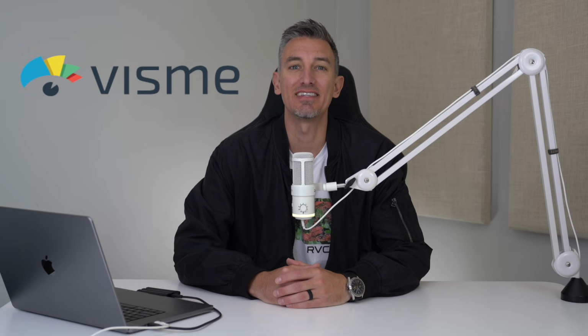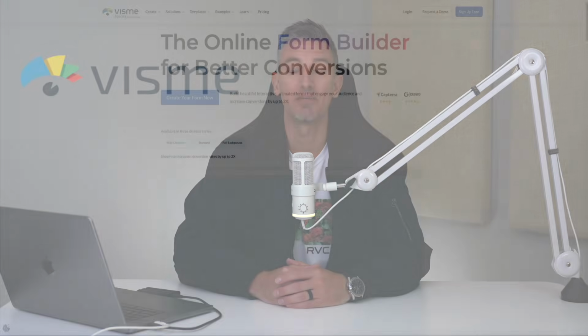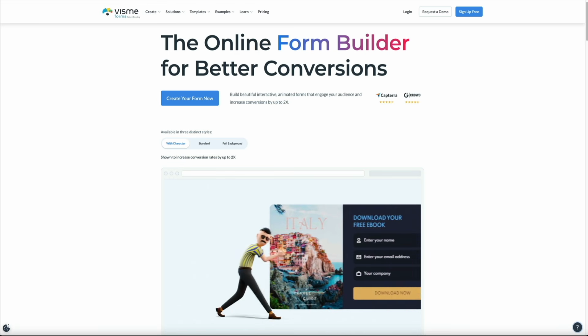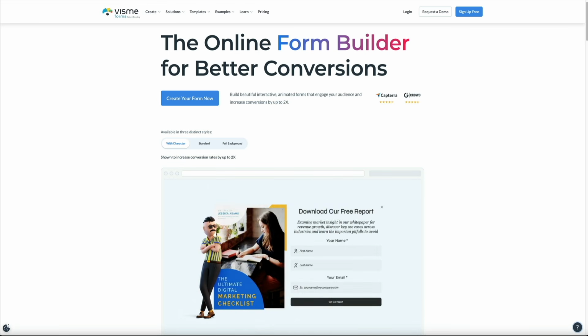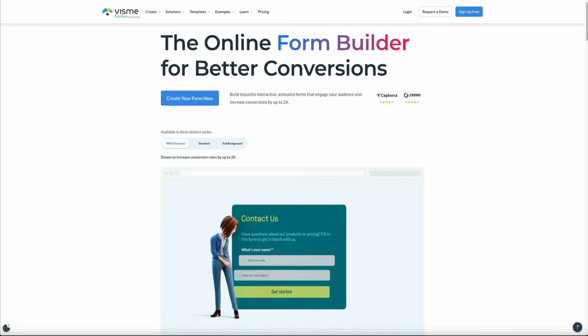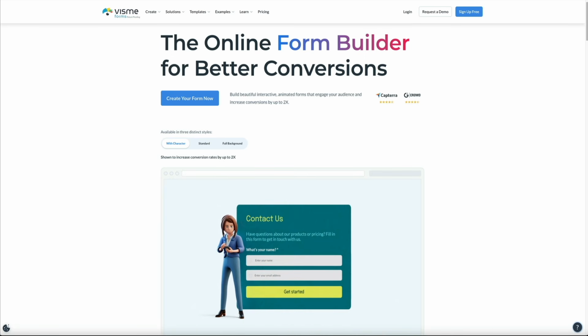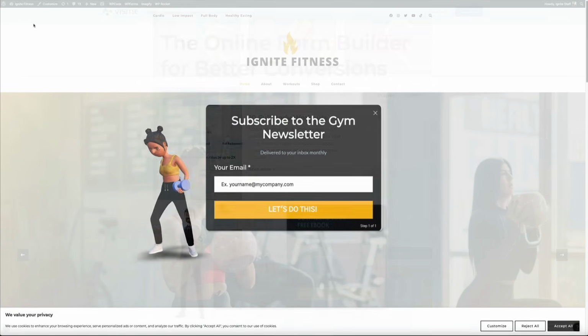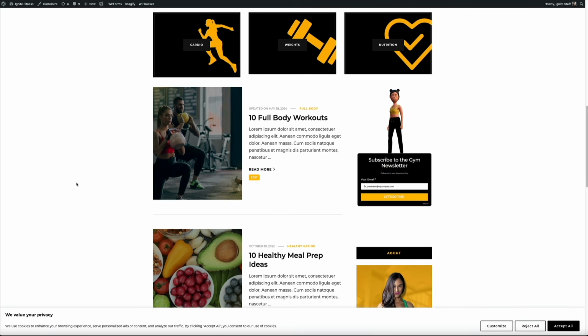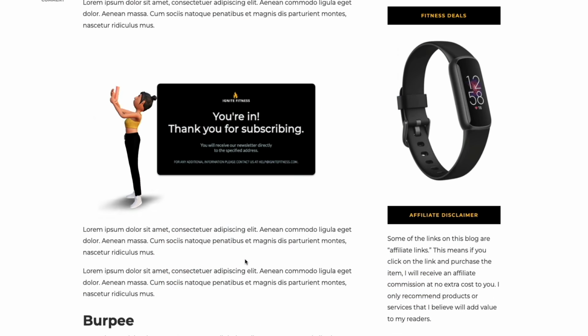powerful tool that stands out with its unique animation capabilities. These animations can transform your ordinary forms into interactive and engaging experiences for your audience. And in this tutorial, we're going to cover everything from signing up for Visme, creating a form with eye-catching animations, connecting it to your email marketing provider, and then embedding it on your WordPress website or blog. Whether you're a beginner or a seasoned pro, this step-by-step guide will help you leverage the full potential of Visme